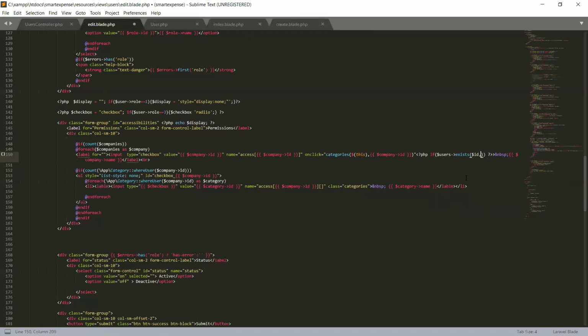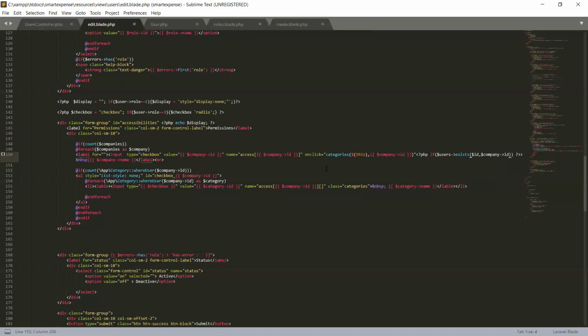id and the company id. So this id, this company id, from where is it getting the company id?